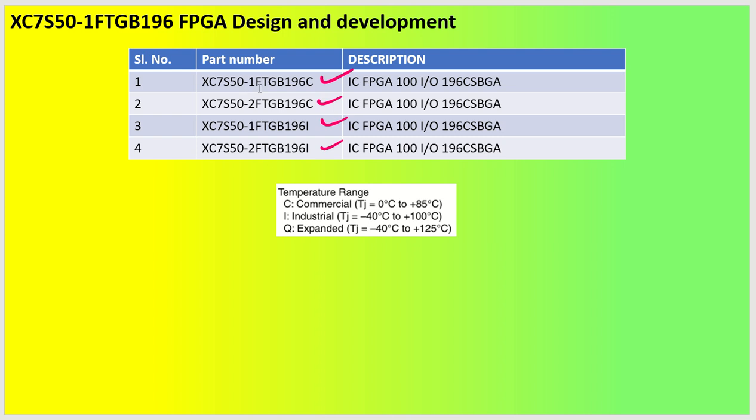Grade 1 is lower speed, grade 2 is higher speed. C is your commercial temperature range and I is your industrial temperature range. So whichever temperature range you want, you can go ahead with that. We don't have availability with expanded temperature range for this particular IC series, so we have only two versions. Okay,